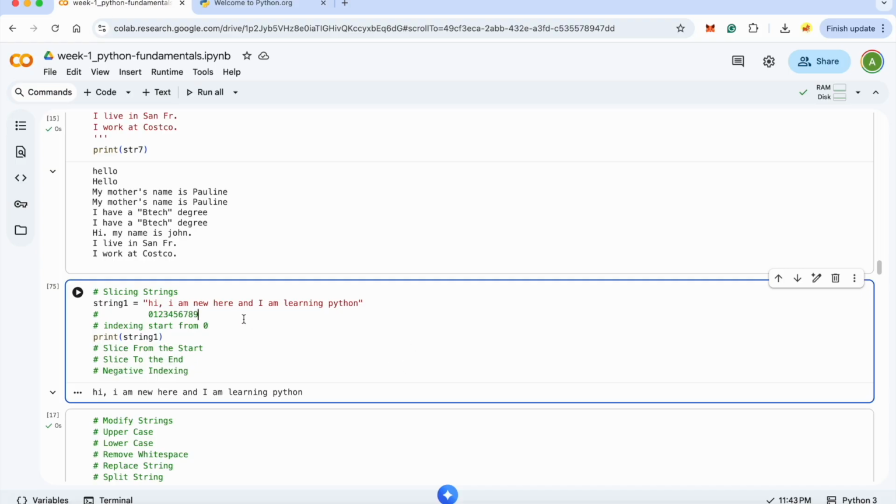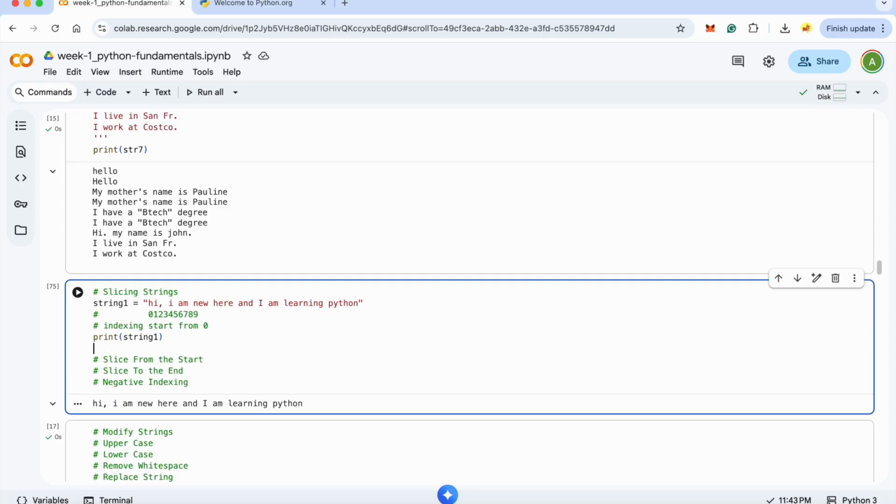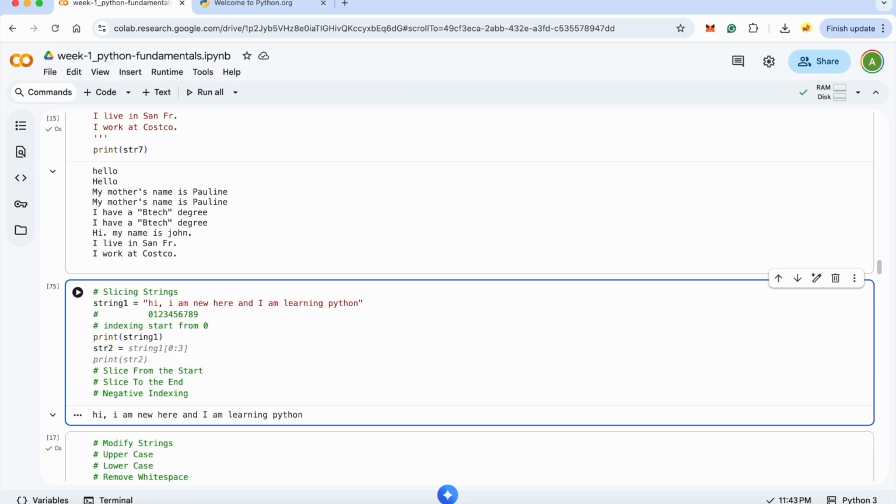Okay, so now what I want to do, like I have discussed, is something like string 2 equals to... So what I want to get is "I am new here", right? The index for I is 4, so I can start from 4 and I want to go till